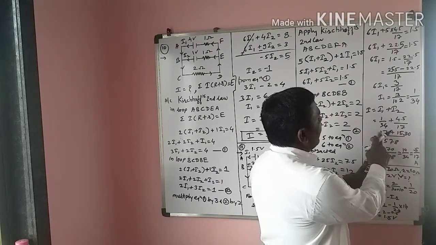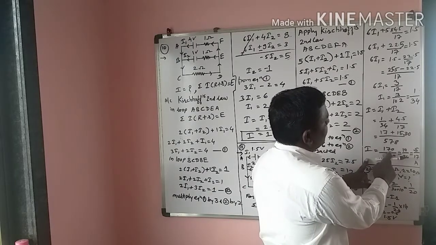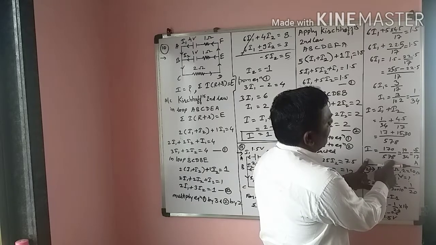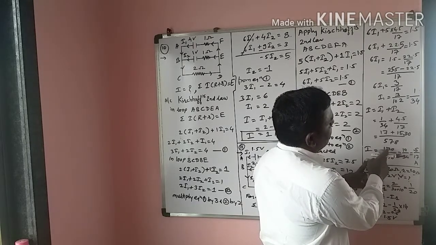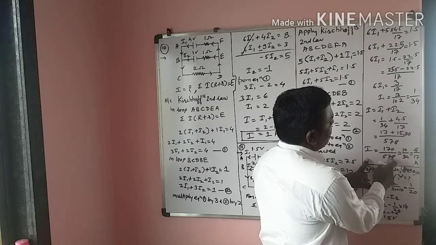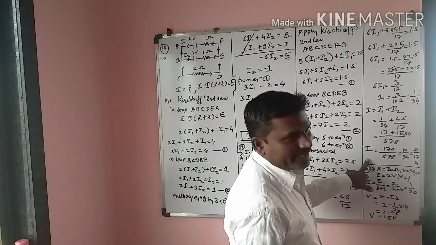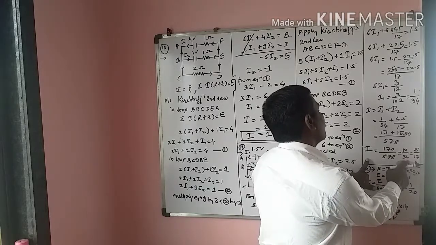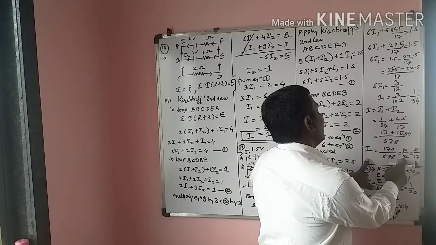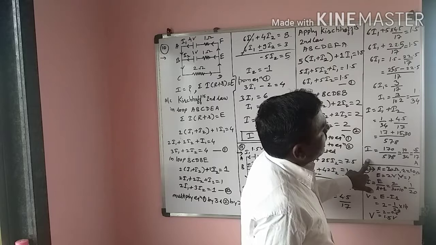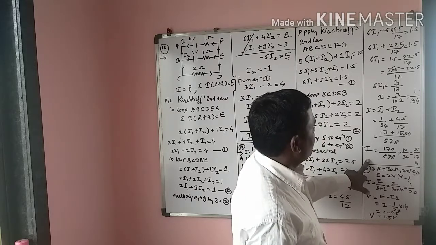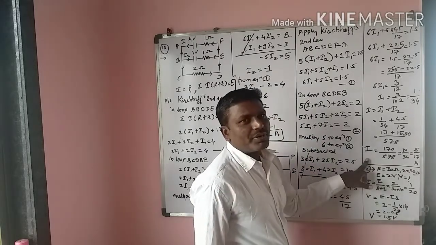Here the addition of 17 plus 153 is 170 upon 578, and when we divide by 17, 17 3s are 51 and 17 4s are 68. Then we get 10 upon 34. Again 2 5s are 10, and 2 1s are 2, and 2 4s are 14, that is 5 upon